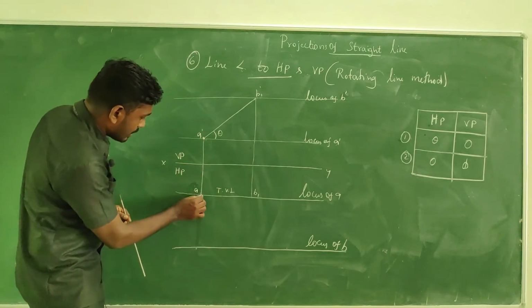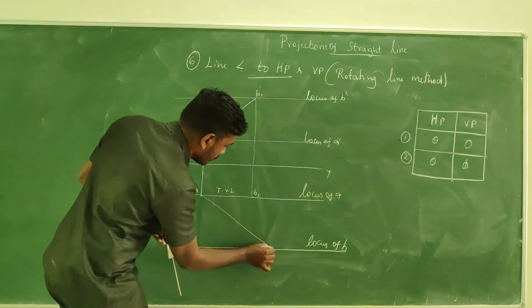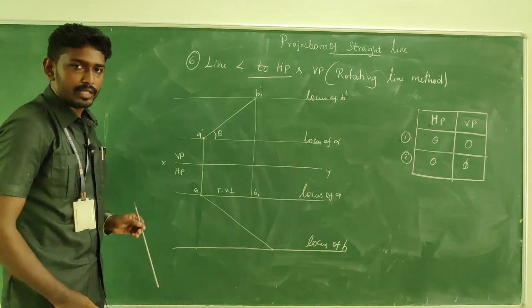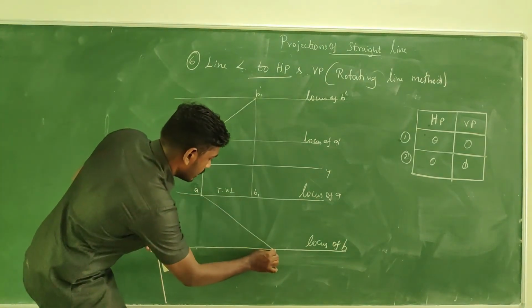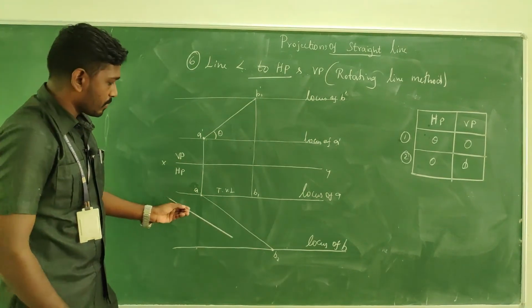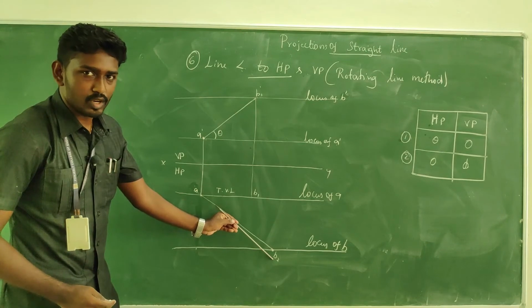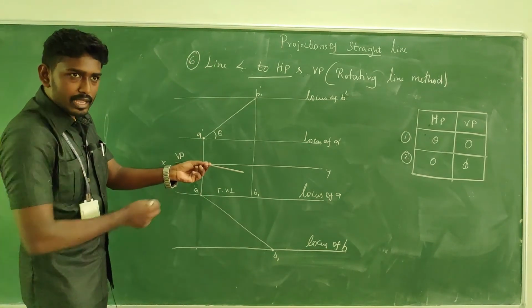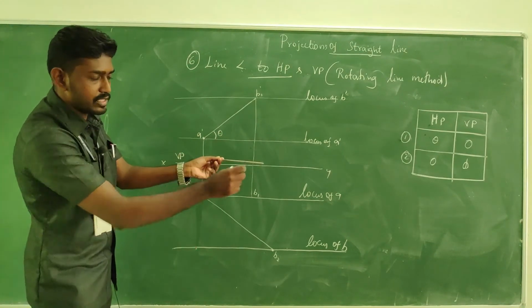So here I have the one end. The line approximately we get like this. The locus of A2, the locus of B, there will be a line. And this would be the end B2. Since it is a true length, I am going to take this as B2. This is not a final one, right? So in the front view, we can see the straight line. Am I right? We can see the straight line.